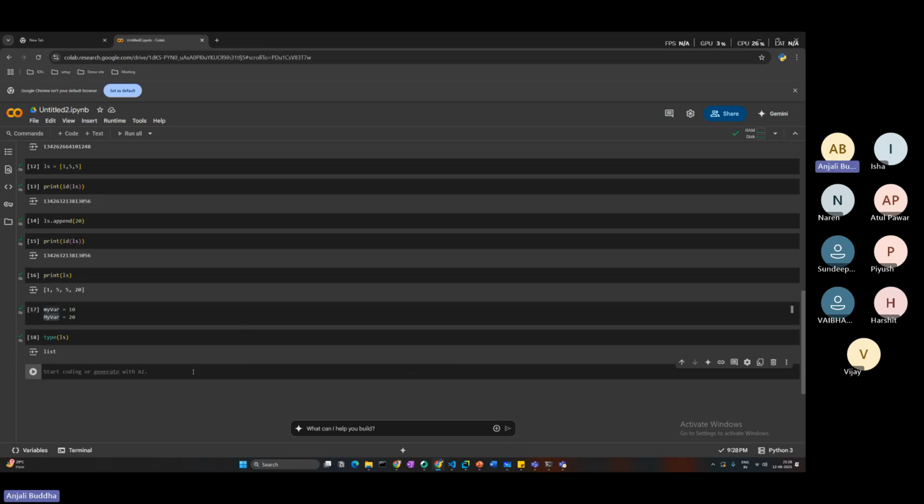Now moving on to the different data types in Python, we have integers, floats, strings, and Boolean. These are the data types that we'll be discussing today. So what is an integer? A whole number is called an integer. As we can see, these two are integers, which are non-decimal. And when we create a new variable,